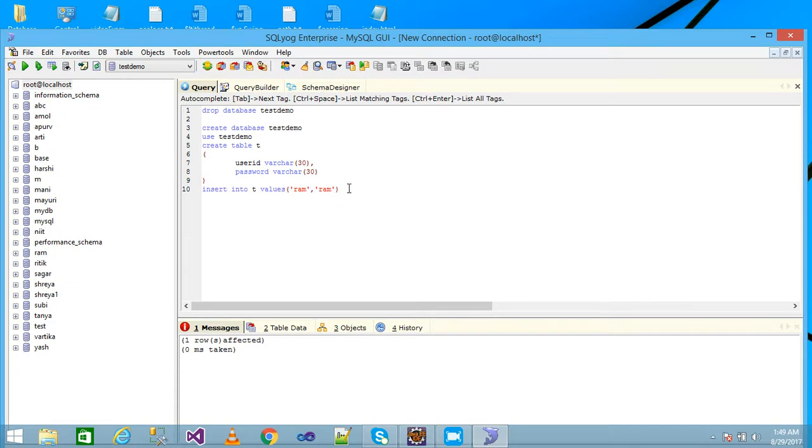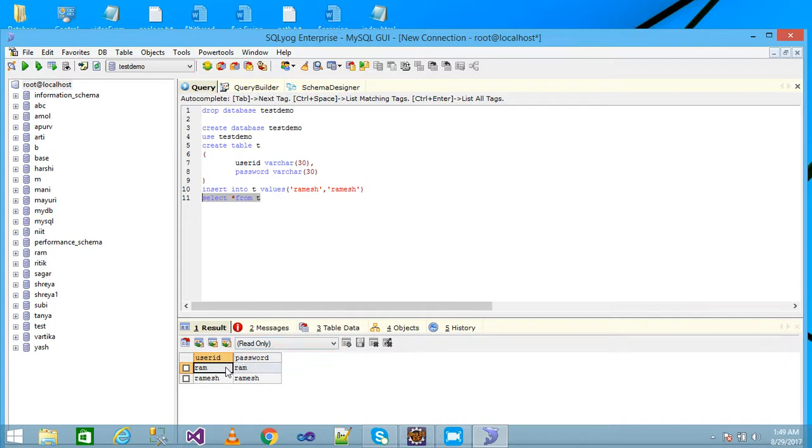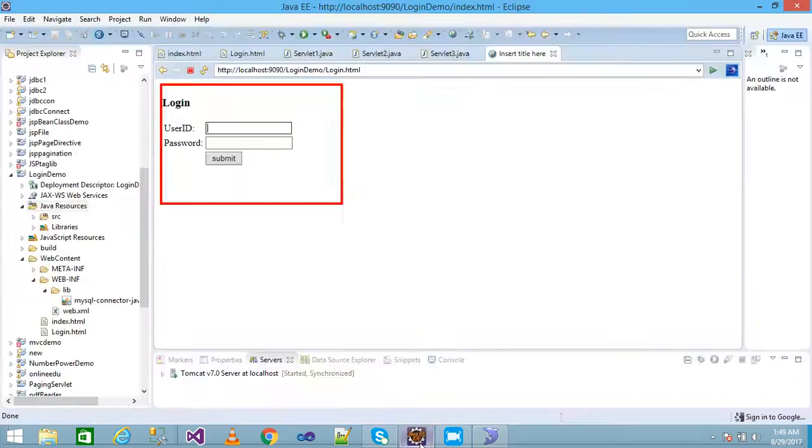Okay, I am giving another username and password as Ramesh, and insert it. Just I am passing a query, select star from T to view the records, and this is the user ID Ram and password Ram. User ID next Ramesh and password Ramesh. Okay, I came here and just close it